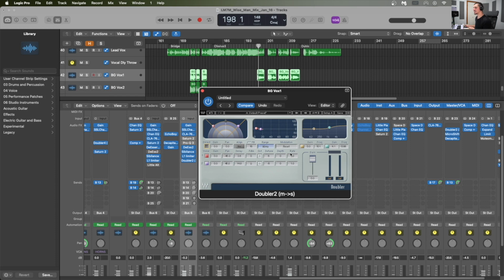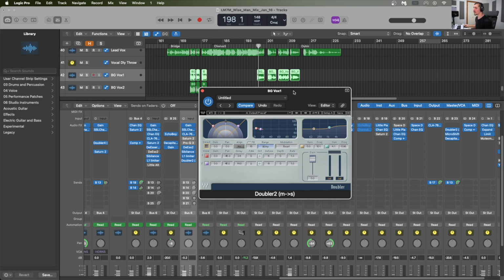And so by panning, delaying, detuning, and then modulating these duplicate signals, we will alter the phase relationships between the direct and the duplicates in order to get that increased width, depth, and character that I was talking about earlier. It's not the same as true double tracking, and in my opinion doesn't give us as good results, but when we're using this on background instruments and background vocals, I find it's a great way to add character and add